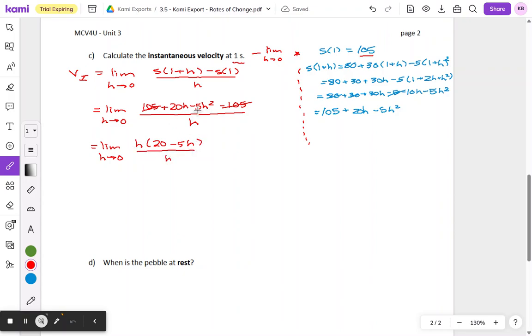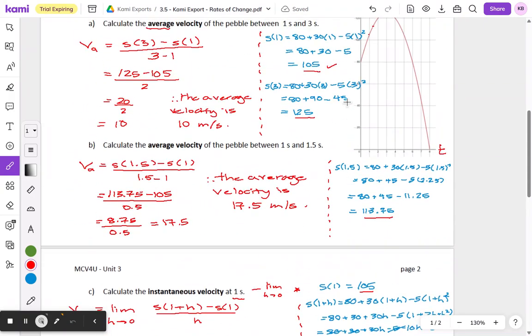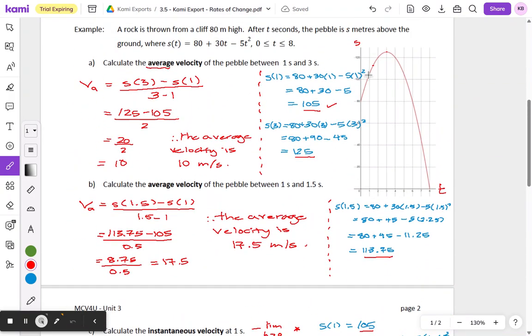So you're left with 20H minus 5H squared. I pull out the common factor of H. This cancels out, and it's at this point that I can remove the limit notation because I can simply plug in. So I'm going to say 20 minus 5 times 0, obviously, is going to be 20. Okay, so the instantaneous velocity at 1 second,